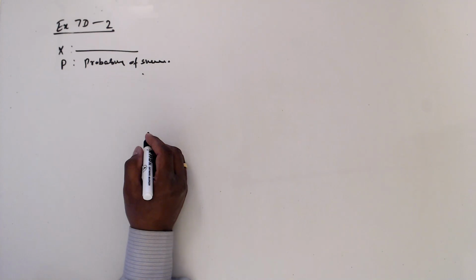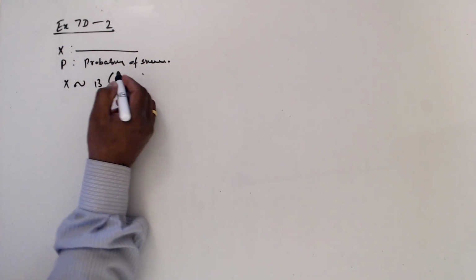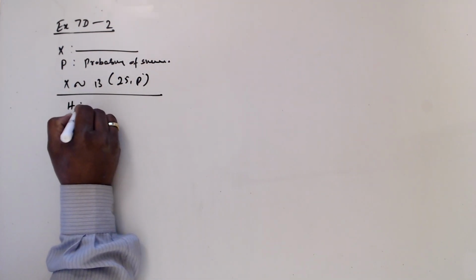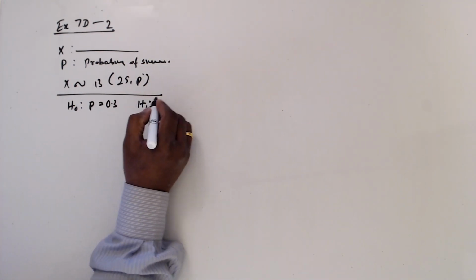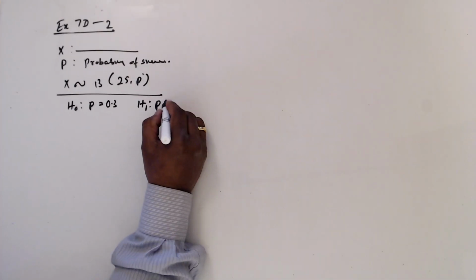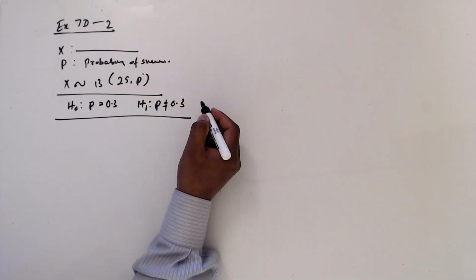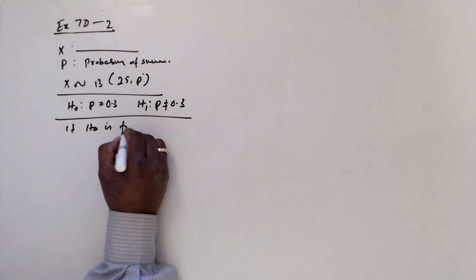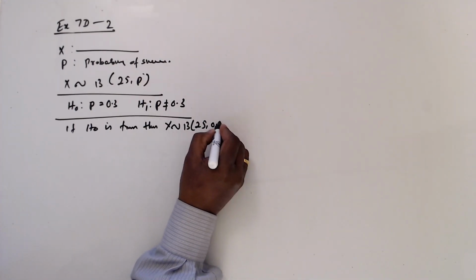Question number 2. It's also the same type of question. X follows binomial B(25, p). So H naught is given P equal 0.3, H1 is given P not equal to 0.3. So this is two-tailed, and the significance level is given as 10%. So if H naught is true, then x follows binomial B(25, 0.3),